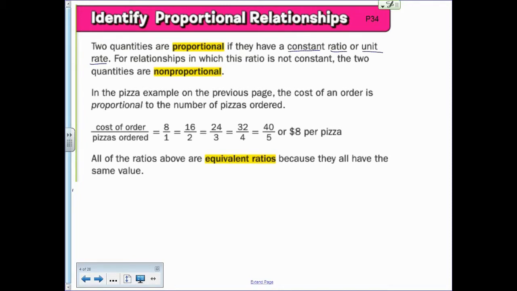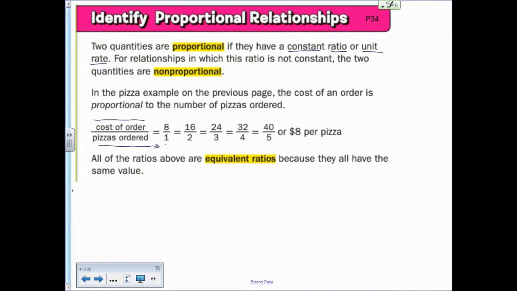It says the cost of an order is proportional to the number of pizzas ordered. You can see that the number of pizzas ordered are down here on the bottom. So one pizza, and then the cost is up on the top. One pizza costs $8, two pizzas cost $16, three pizzas cost $24, four pizzas cost $32, and five pizzas cost